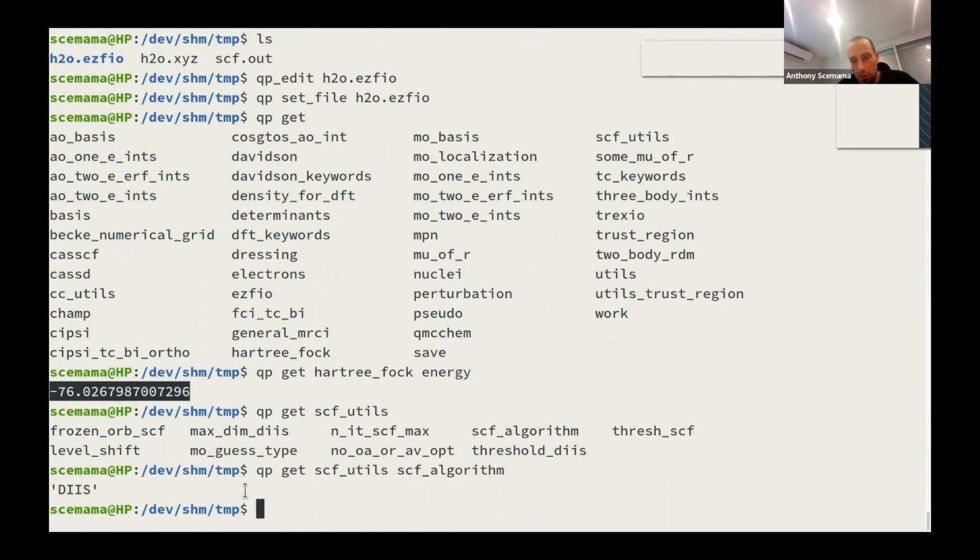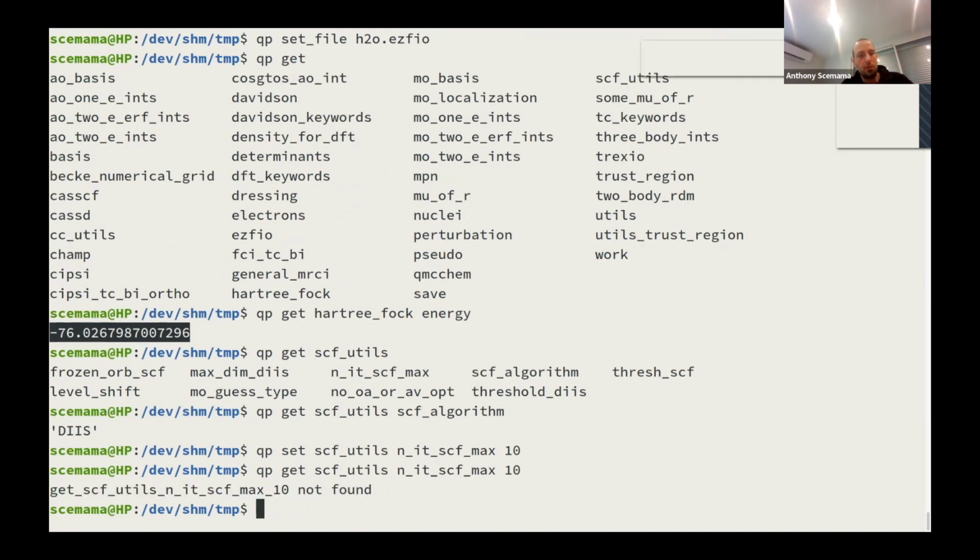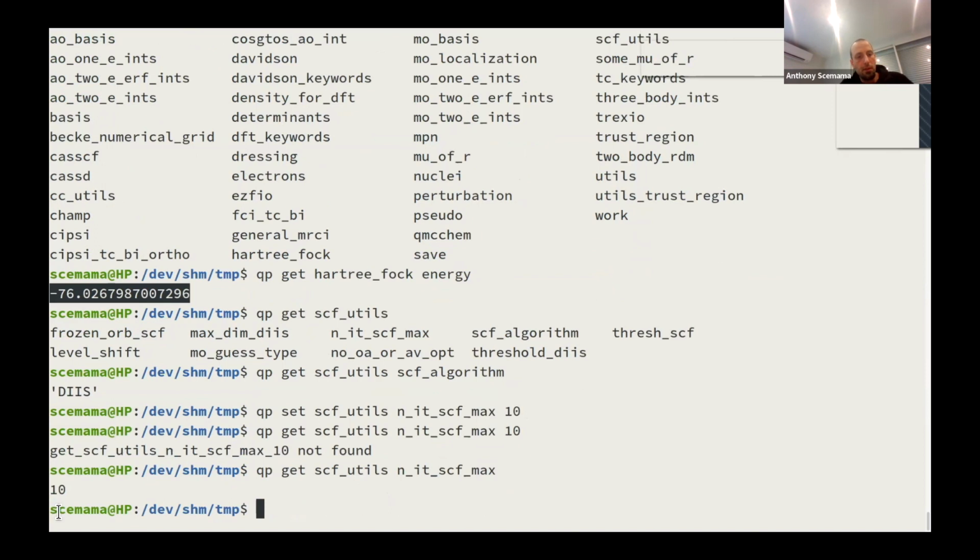And if I want to change it, I can do qp set scf_utils scf_algorithm. Let's take another example, because I forgot the maximum number of iterations. I can set it to 10 if I want. And now if I get the maximum number of iterations, it is 10.